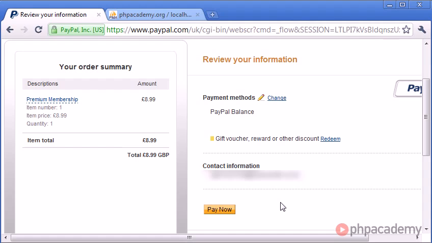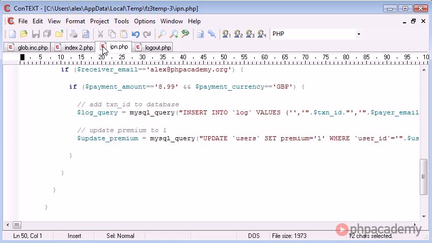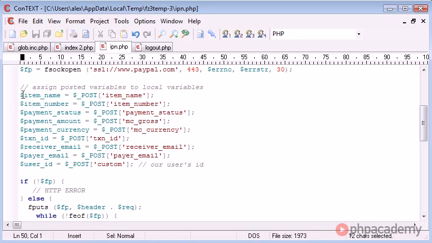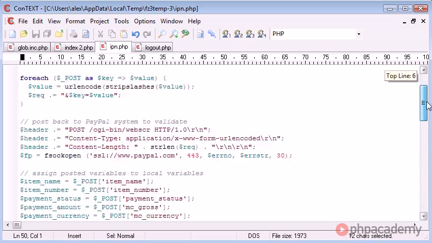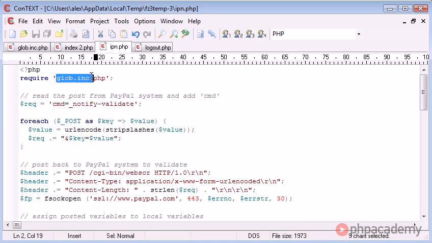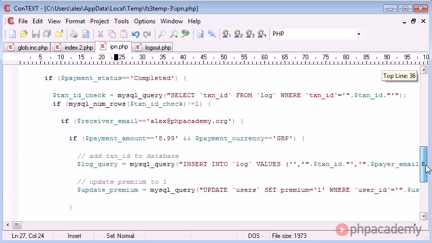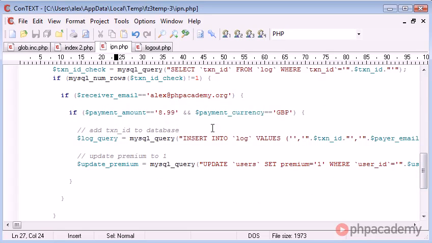Let's access this IPN.php file which exists in the location that we specified. It's then going to transfer all the data to our page. So the item name, item number, payment status, payment amount, and so on. We're going to perform our checks. We're already connected to our database because we've required glob.inc.php, and we've also passed this custom variable called custom, but I've named it user ID in PHP, and we're going to update accordingly as long as